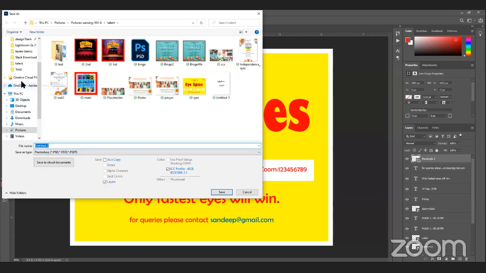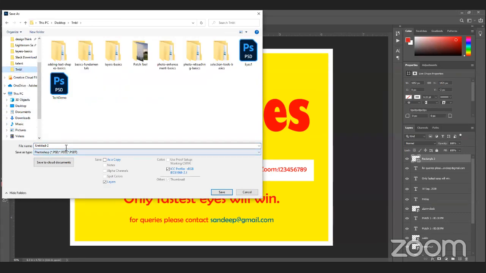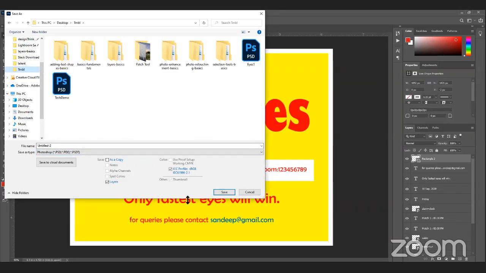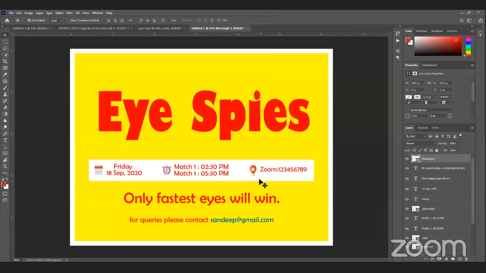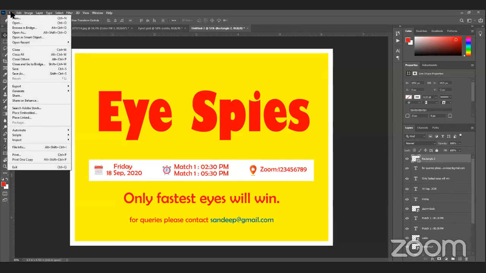You have to save this file as a PSD first, so that if you want to make changes, like changing the time, or there is some delay, or some change in the date, or you want to add another contact, anything, you can. So save the file.